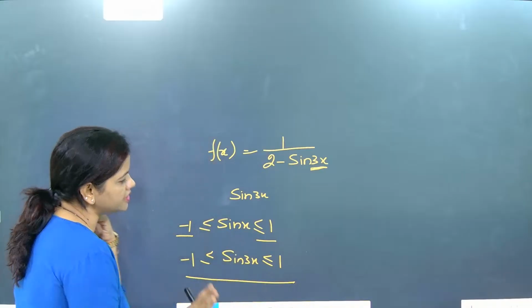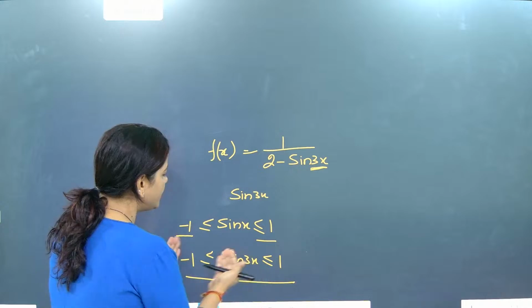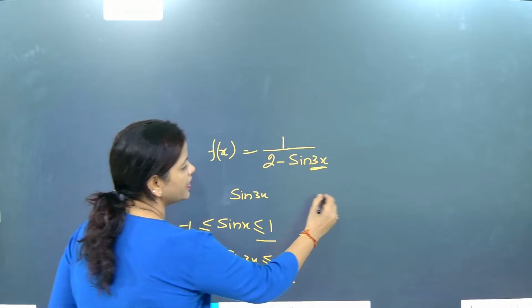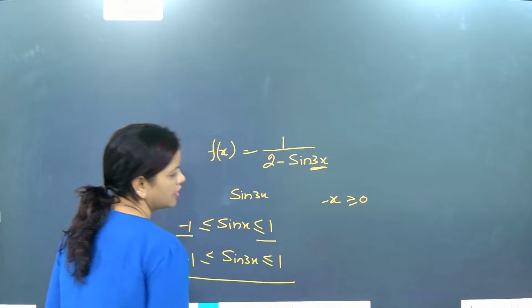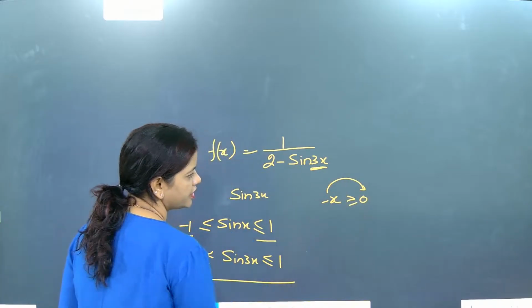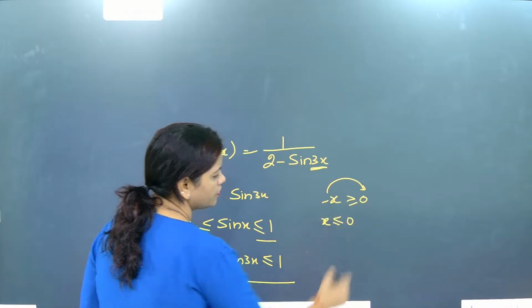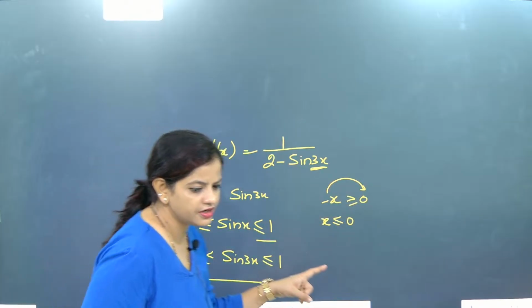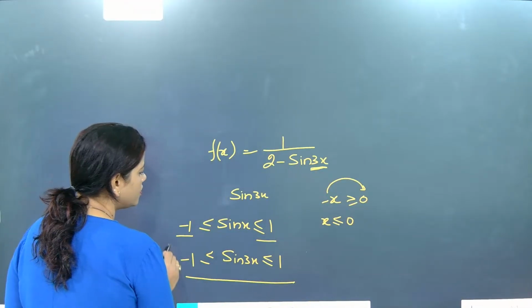In the inequality chapter, I will teach more thoroughly how it is changing. The moment minus is there, whenever any variable is negative, we are shifting the variable to the opposite side. So if minus x is greater than 0, then x will become less than 0. Now here what we are going to do is